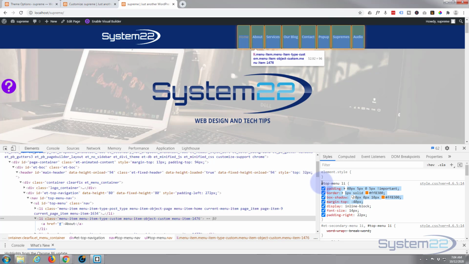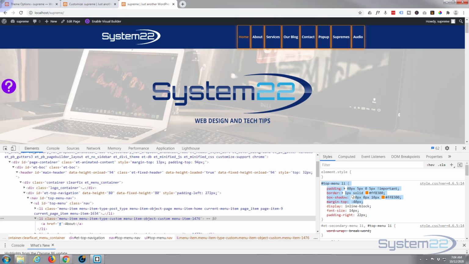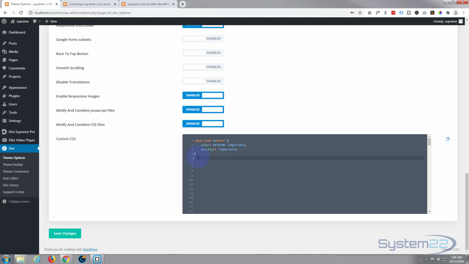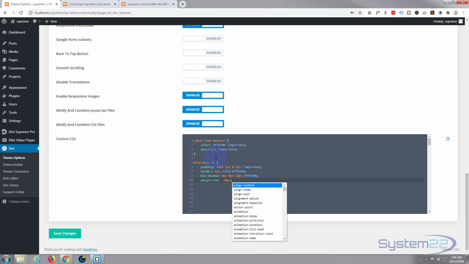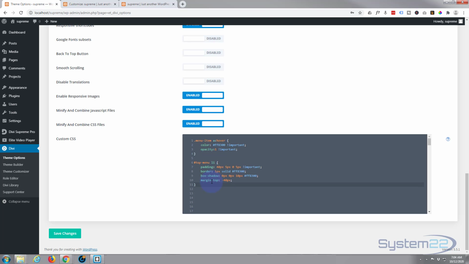And we want top menu list items, so I'm going to grab the whole thing to the last entry I made, which was the margin. Control C. Back to our custom CSS. I'm going to paste it in and add the closing curly bracket, and we'll just drop that down one. Okay, we've got to think about this because most of this I don't want